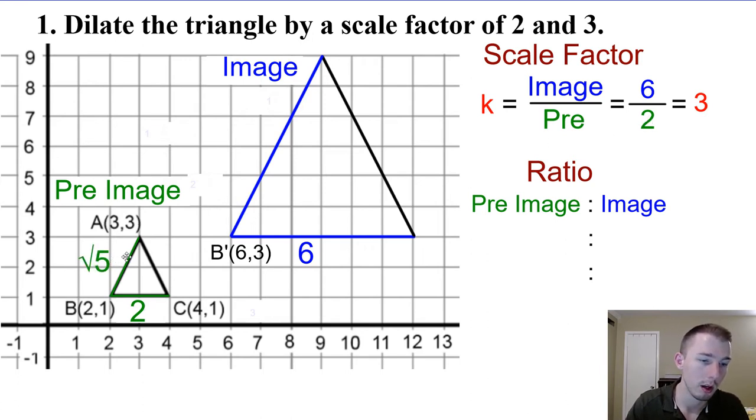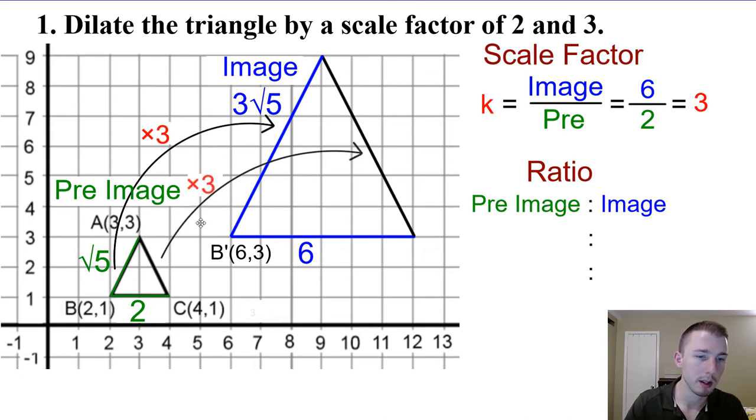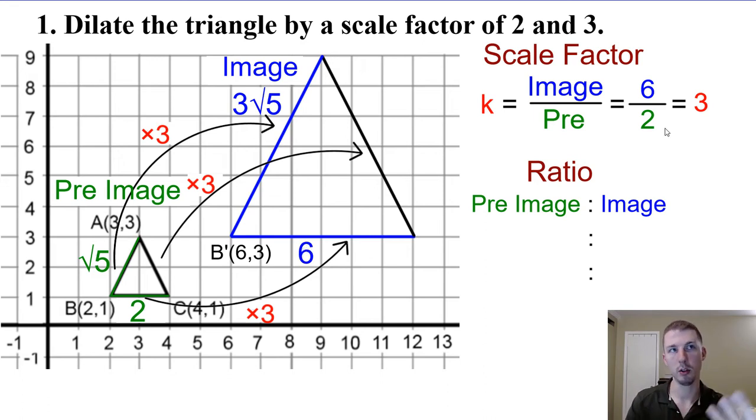So what if I have the side length of radical 5, then radical 5 times 3 would be 3 radical 5, right? So here, basically, any corresponding parts can be multiplied by 3. The same thing is going to be here. So that side is going to be multiplied by 3, which would also be 5 rad 3. And this side over here is also going to be multiplied by 3. So 2 times 3 is 6. So our scale factor is what we're multiplying by to go from our pre-image to our image, essentially,